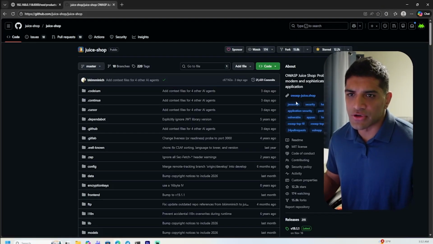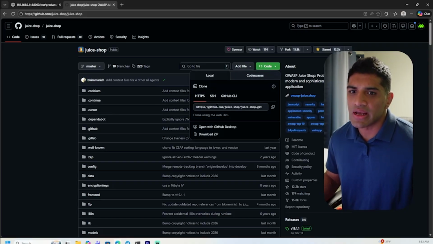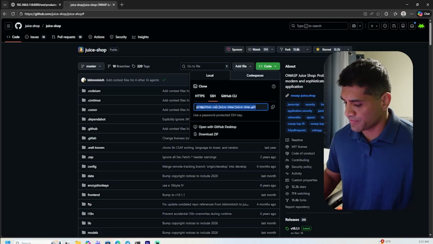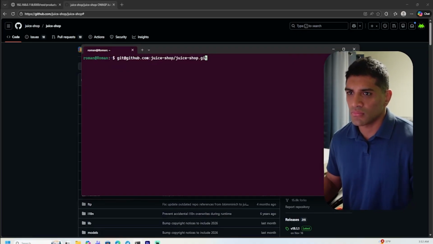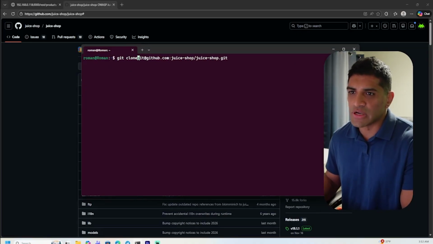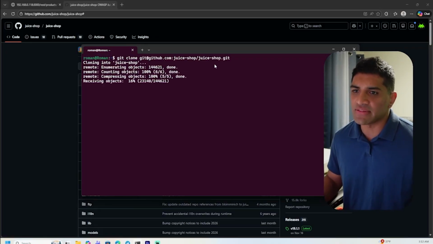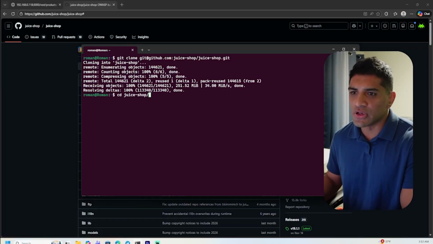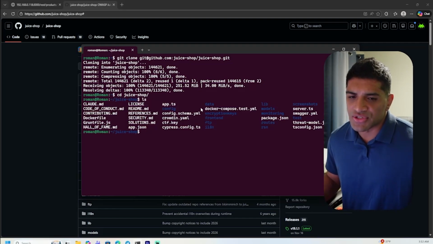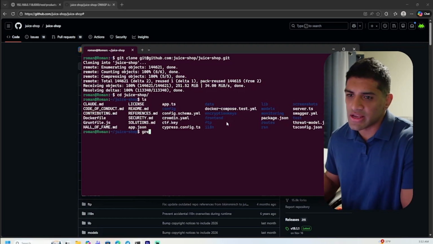The next thing you're going to do is head over to the Juice Shop repository on GitHub and clone the repo. Now, the reason we're doing this is to confirm that the ID parameter is vulnerable to NoSQL injection. So after you've cloned the repo, head into the repository directory and run a grep search